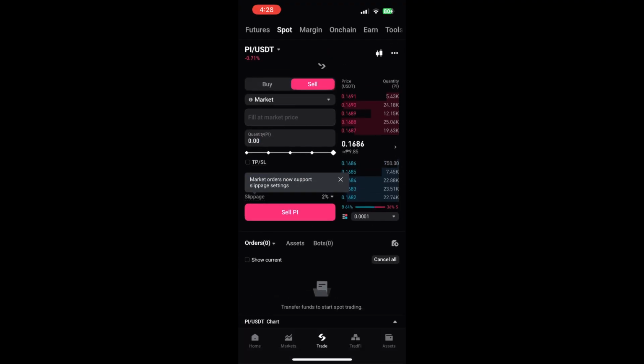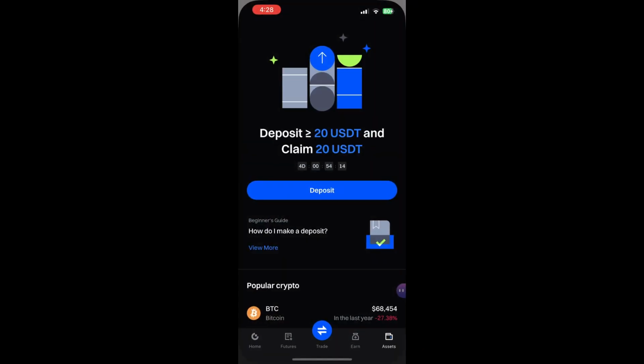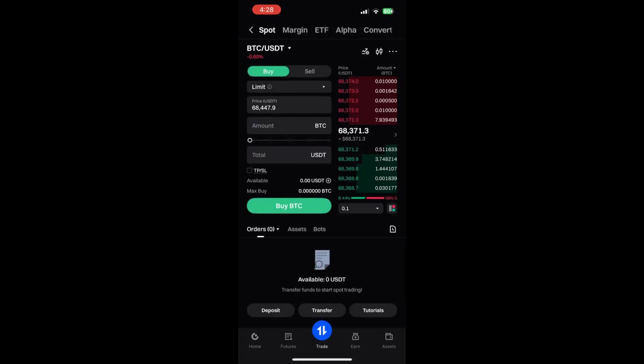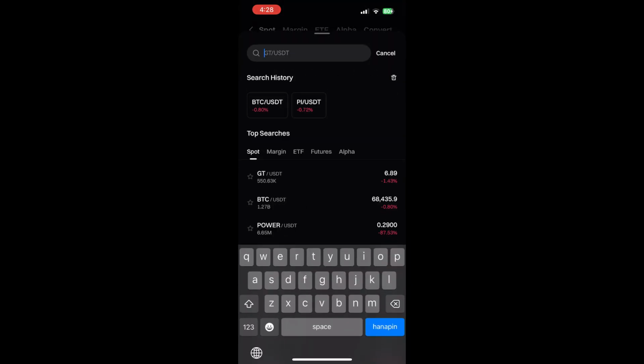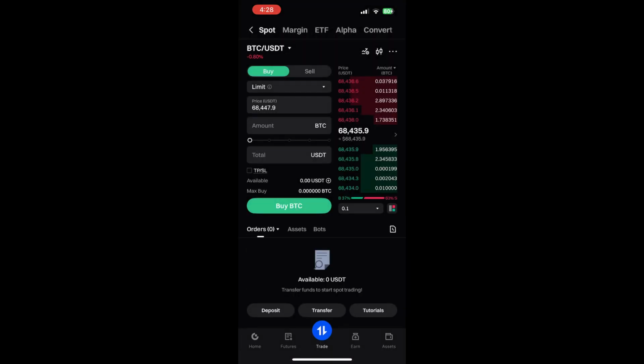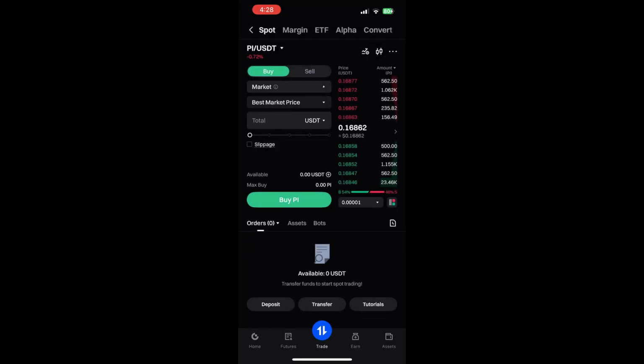Now on Gate.io, the steps are very similar. Go to Trade, Spot, tap the pair selector, search for PI/USDT and select it. Use Buy with Market Order and USDT to purchase Pi, and when you want to exit, use Sell on the same pair to convert Pi back to